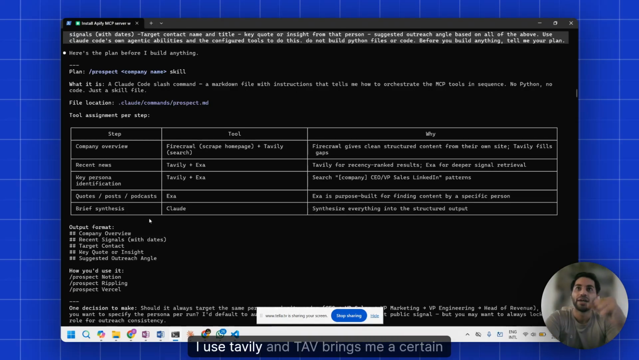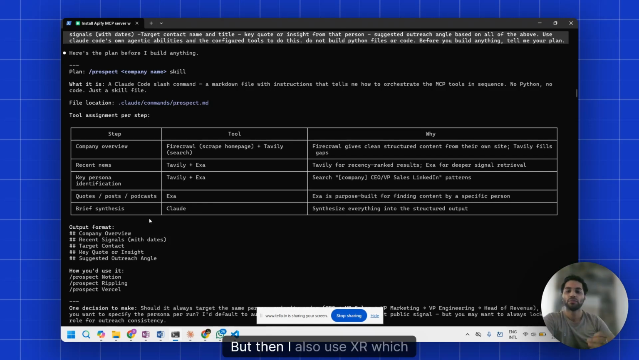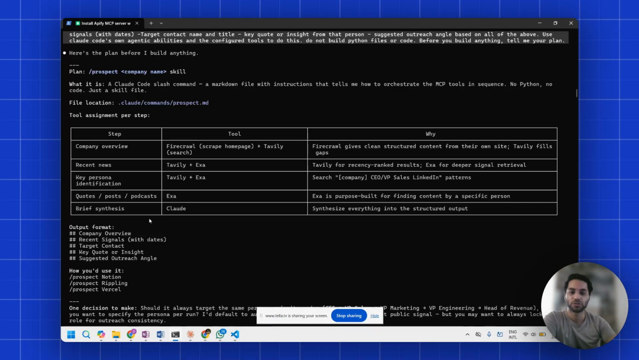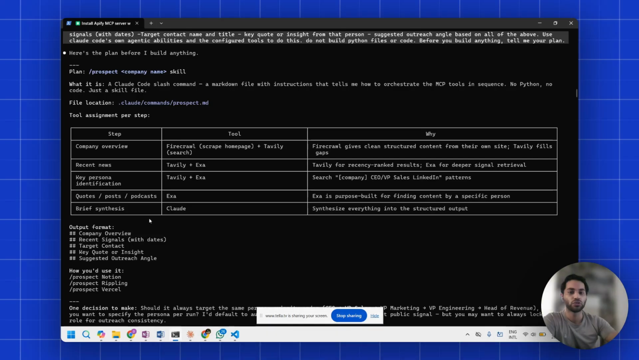For example, I use Tavily, and Tavily brings me certain data points, okay? But then I also use Exa, where like 80% of the data is going to be similar, and it probably might surface 10 to 20% of additional new data points. But that will cost me a lot more in the longer run if you are going to be scaling this process. So it's going to be costing you a lot, so it's never recommended to follow the waterfall approach,